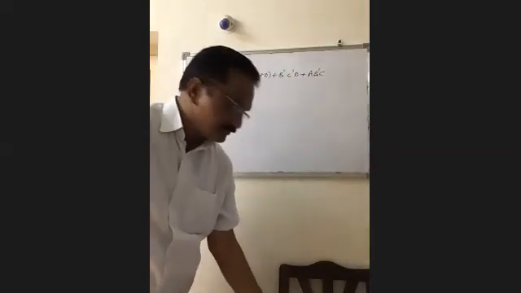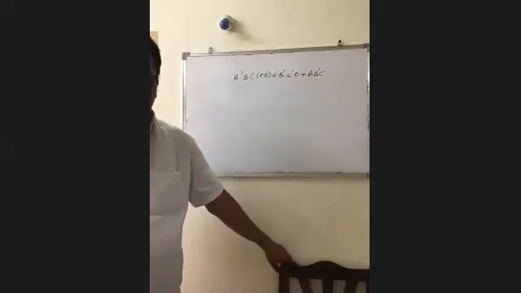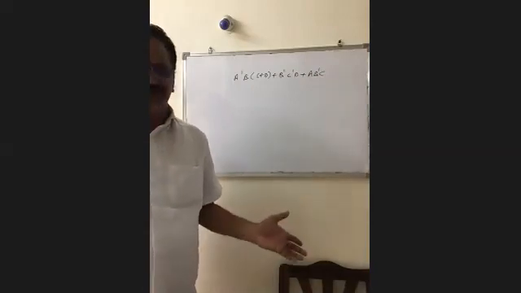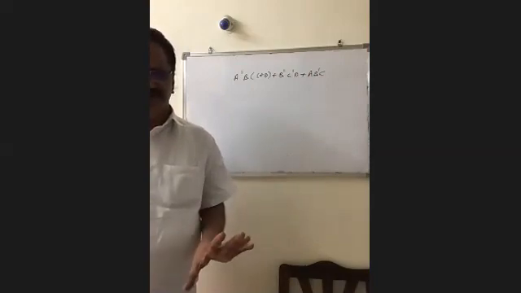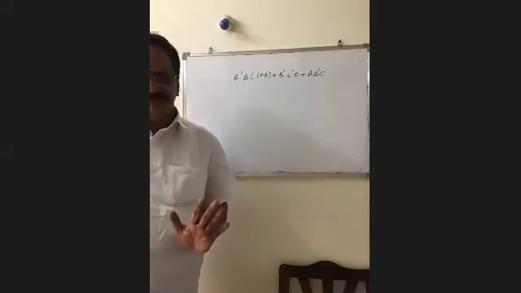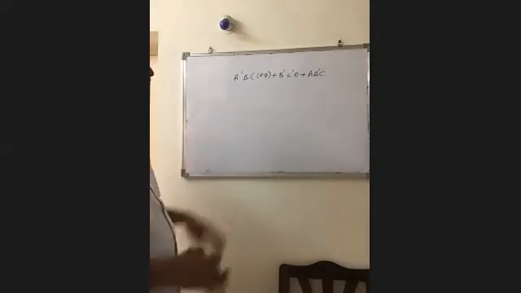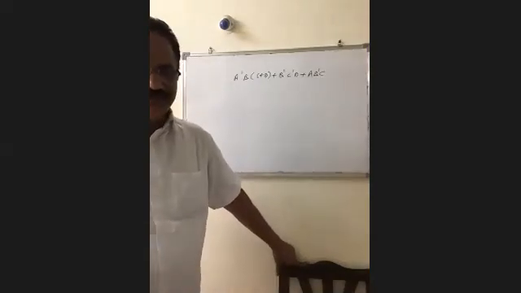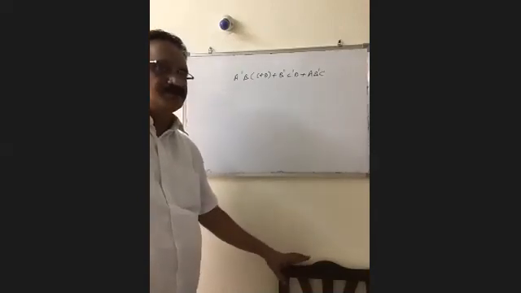So obtain its dual. What is the procedure to obtain the dual of the given function? By interchanging AND and OR operations and by changing zeros and ones. In this one there are no zeros and ones, so simply interchange AND and OR operations. Take 1 minute and write the dual of the given function.